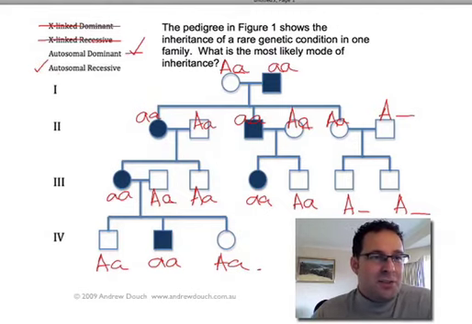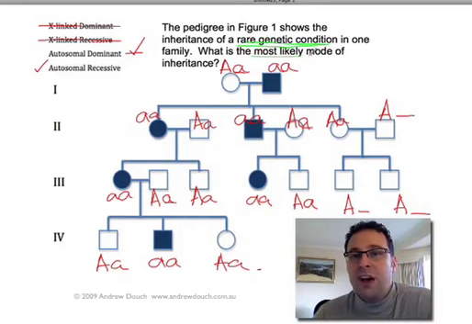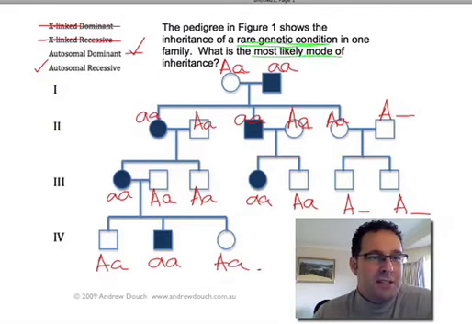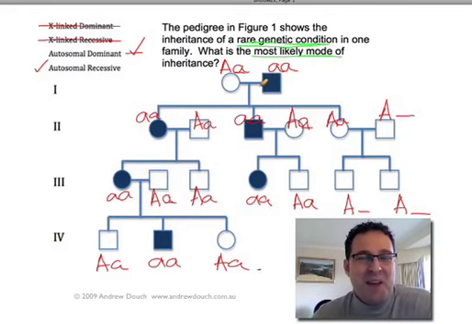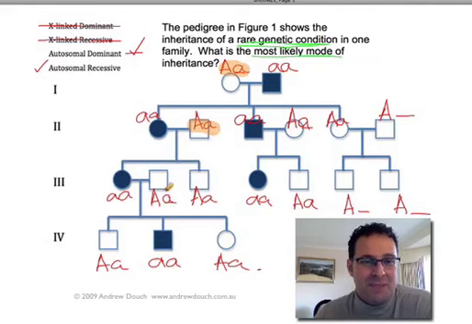But here's the thing that I want you to think about. Because we're told that this is a rare genetic condition, and we're asked to say what is the most likely mode of inheritance, can you see here that while it's possible for it to be an autosomal recessive trait, it's pretty unlikely, because if it is, the only way we can explain this is if in 3 generations we have 4 people, this lady here, marrying into the family who's a carrier for the same genetic condition, this man marrying into the family who's a carrier for the same genetic condition, this man marrying into the family who's a carrier,